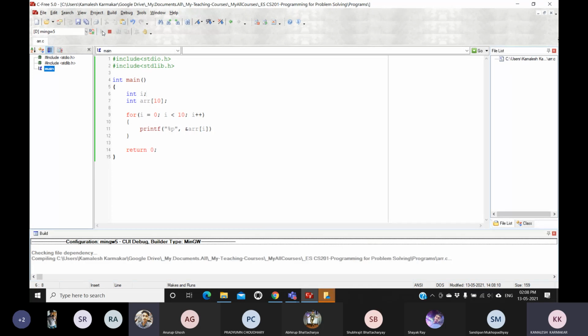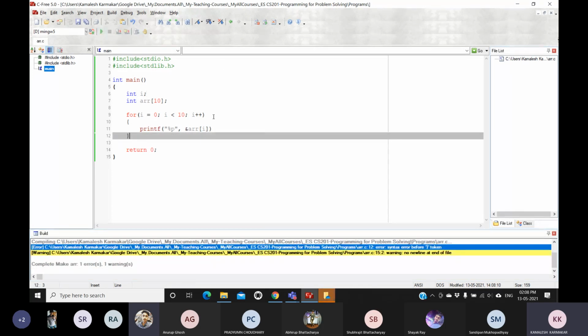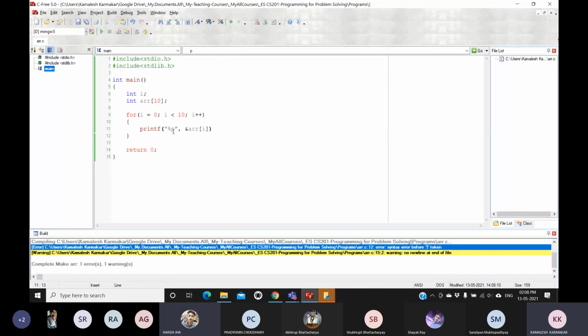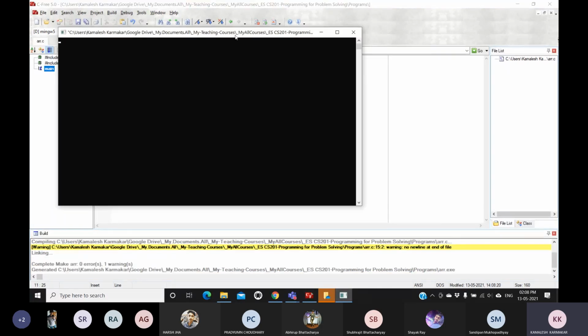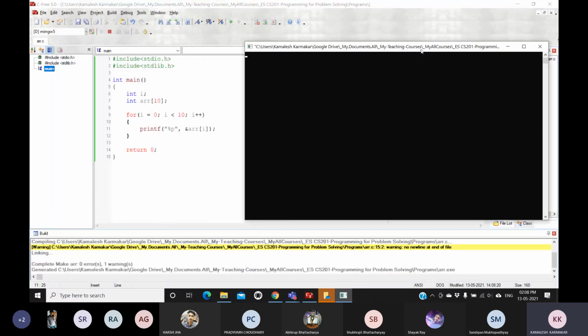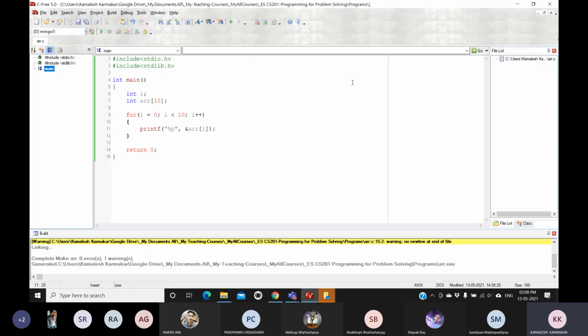So what does percentile p mean? Percentile p will basically print the address in hexadecimal format. If I run this program, you can see, I will use a new line.